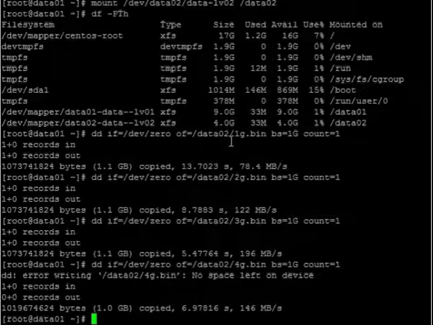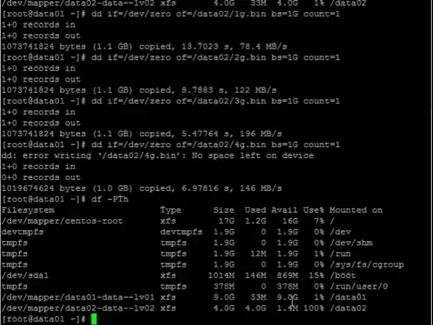Using the dd command, I have generated an 11 GB file, and now you can see the partition is full. It is 100%.